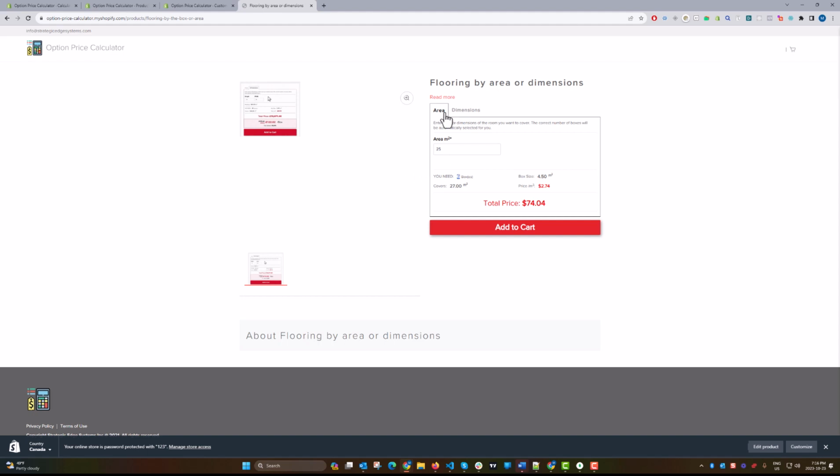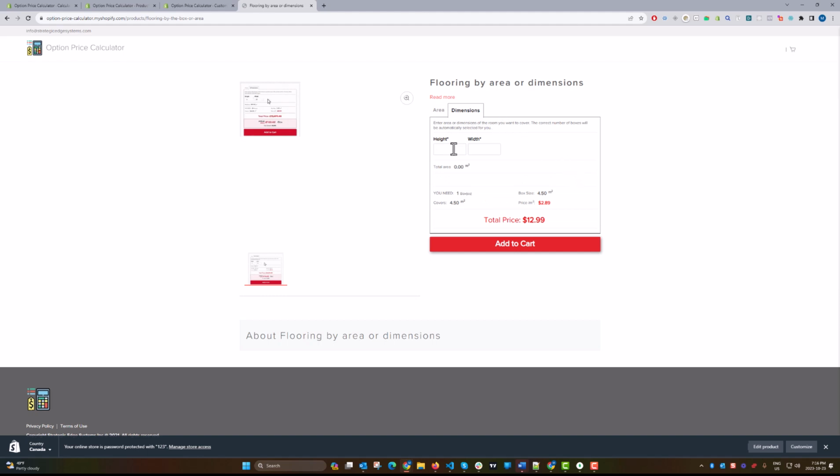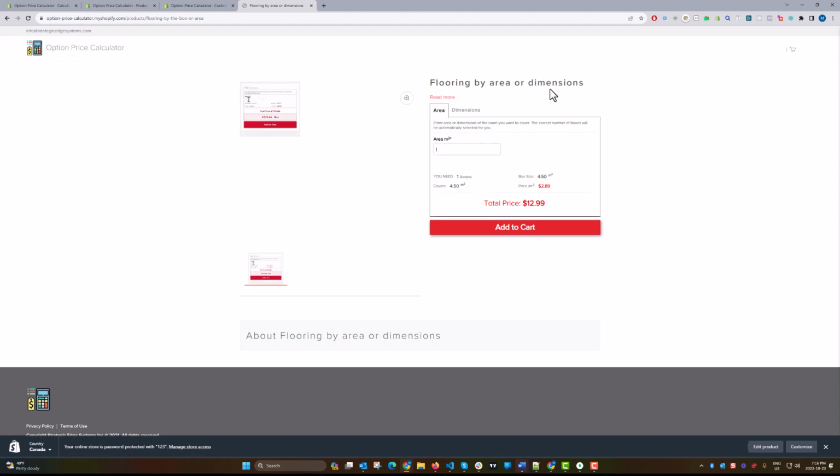So what we can see here is a customer can enter in either area, which would be like some area. This is set up for meters squared, but it could be in any unit that you'd like. And then they could also do it by dimension. And in both cases, it's going to calculate the total number of boxes that are required. Now, let's go ahead and just put, say, 22 here. And you can see that we need 5 boxes in order for us to cover 22 meters squared worth of